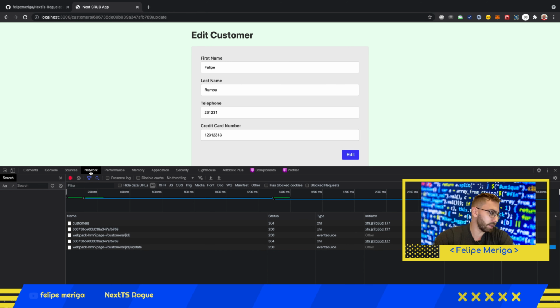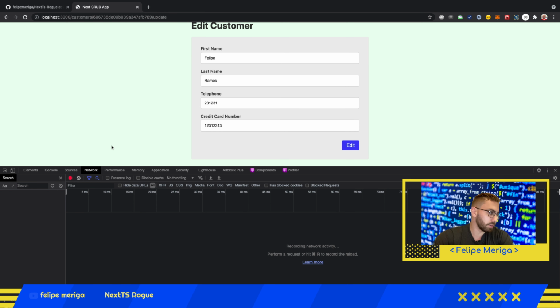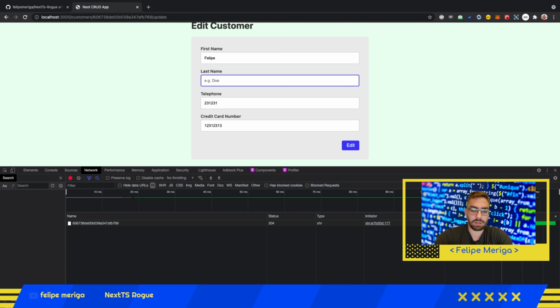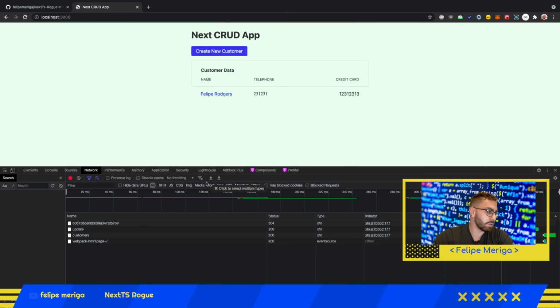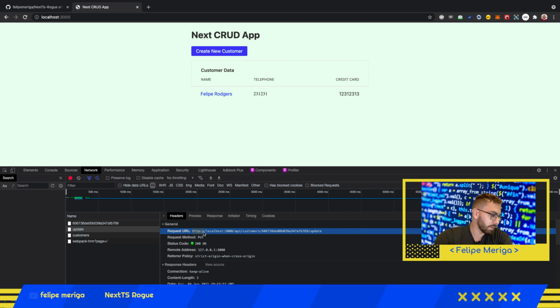I will go to the network tab under the inspection tab of our browser, and we'll clear everything, and we'll put just Rogers. That's the last name. And then I will put edit just to check the request. And we can see that we sent an update in this guy here, localhost